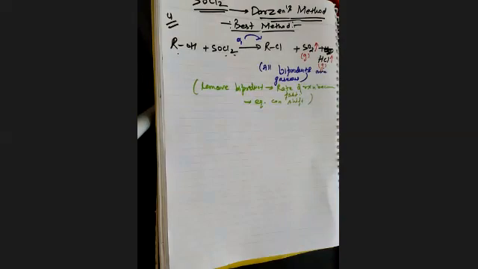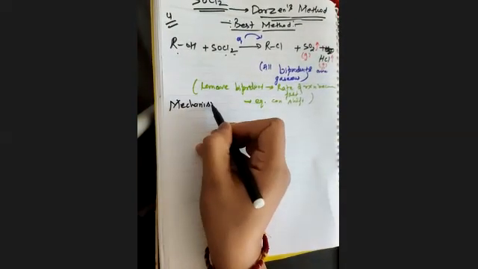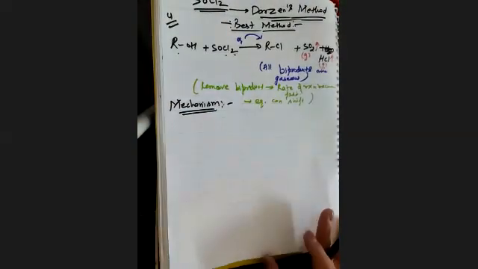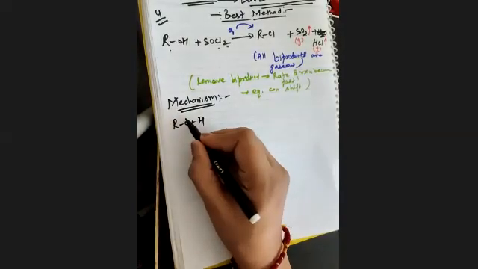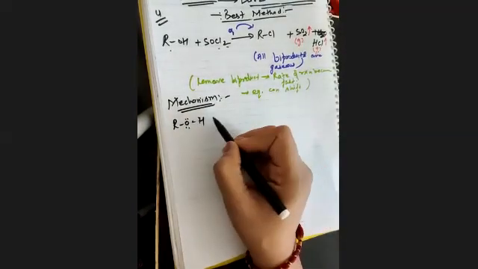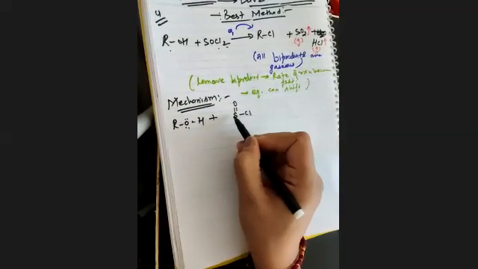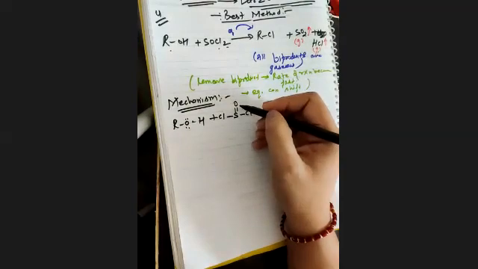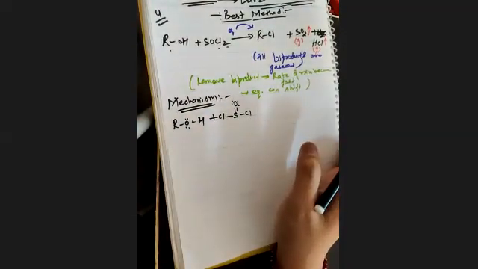Okay. So let's talk about the main and important thing, that is the mechanism. That's what happens in this type of reaction. Mechanism. Okay. Same method will be applied here also. Two lone pairs of electrons with oxygen. Now SOCl2. This will be the structure. Clear? Oxygen with a double bond, with two lone pairs of electrons here. Two chlorines are attached side by side.